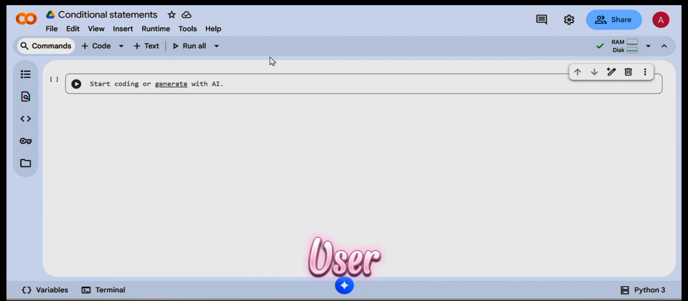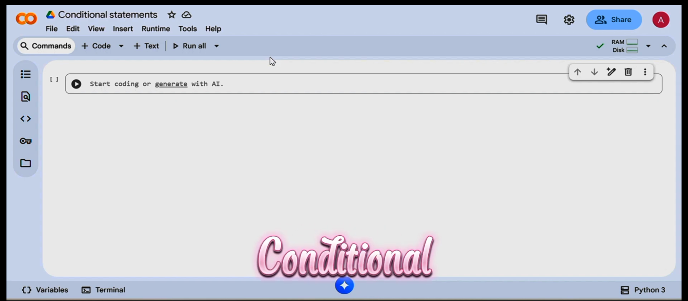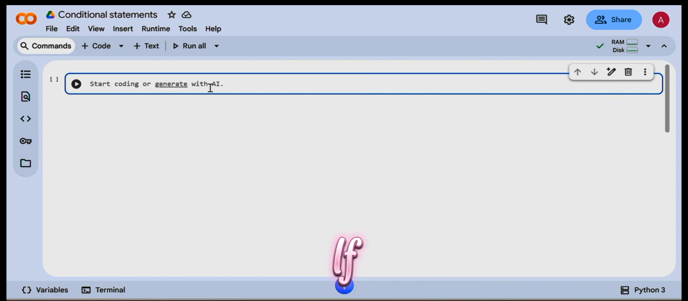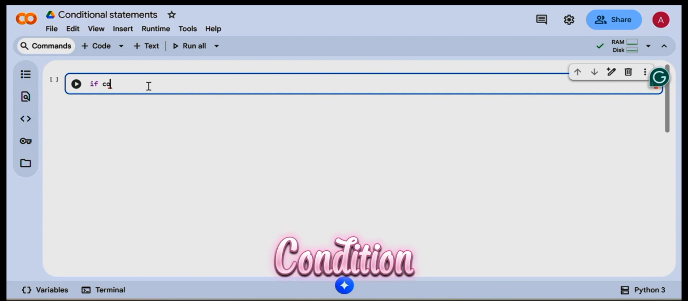In the last video, we learned what variables are and how to take input from the user. In today's video, we are going to learn about conditional statements, which help a lot in Python. So let's get started. First, the if else statement lets your program know what to depend on. As you can see, if condition